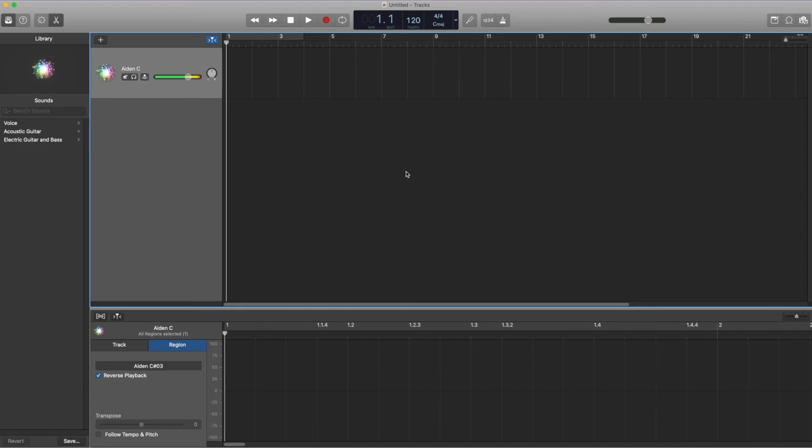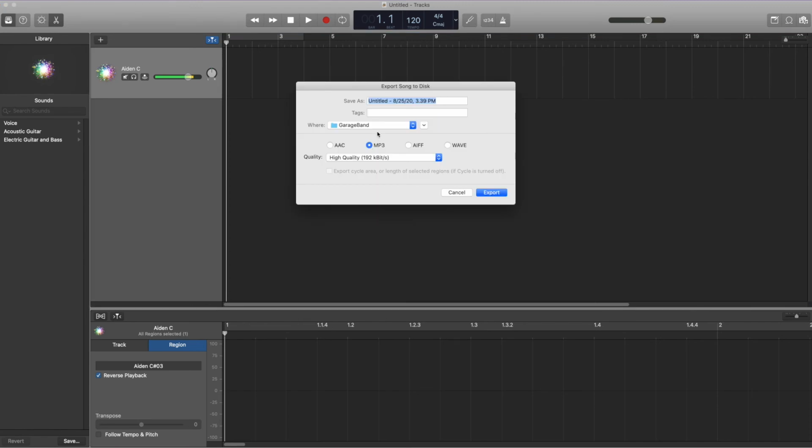Okay guys, and the last thing in this tutorial is how are we going to share it and export it and all that, okay? So how to export this song to MP3 to make it a file that you can share with your friends and your teachers. You press export song to disk under share, and it'll let you name it and everything. You make sure MP3 is clicked, you can save it to wherever you want to, and then you can change the name, so my song. You can put any tags that you want. I just do high quality, and then you press export, but I'm not going to export this because there's nothing, but that's just how you do it.